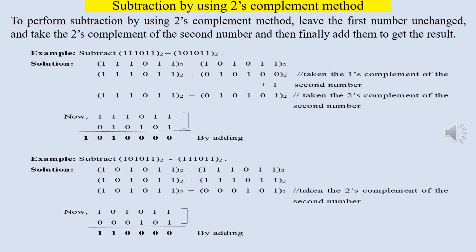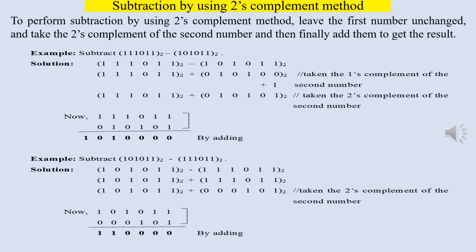While adding, we observe there are 1 and 1. So we get 0 and we have to take 1 carry to the next higher bit. So again that becomes 1 and 1. So again we write 0 and move to the third bit. In the third bit also, we get the result as 0. So again we move to the fourth bit. At the fourth bit position also, there is 1 and 1. So we write 0 and move to the fifth bit.